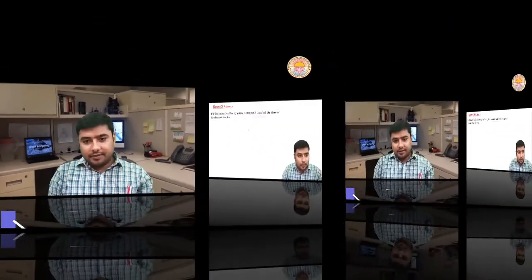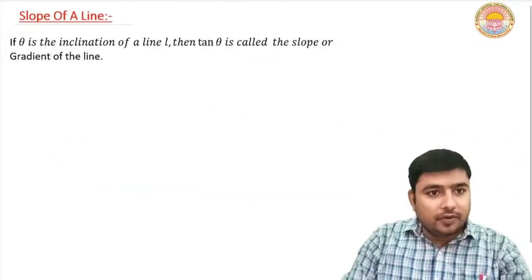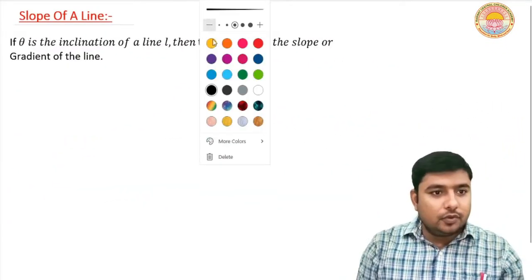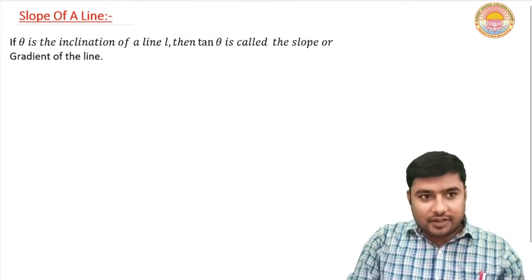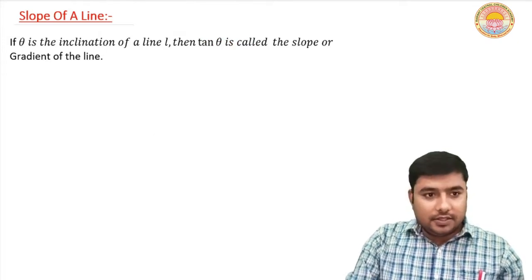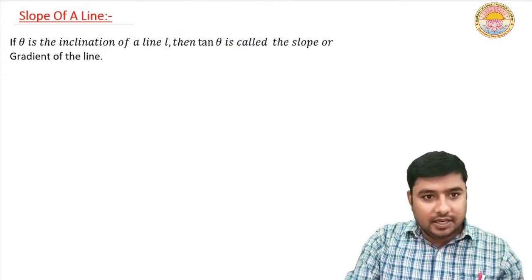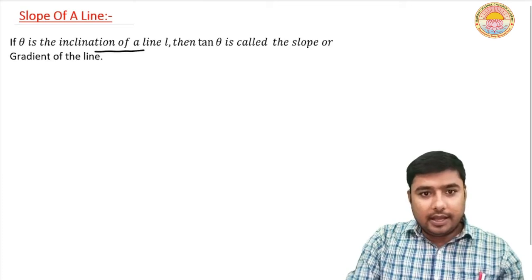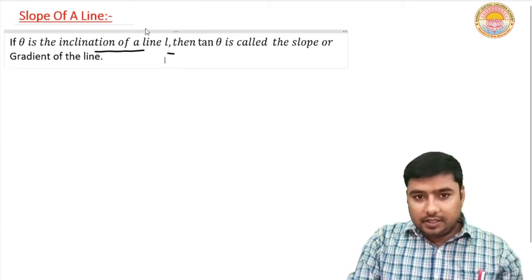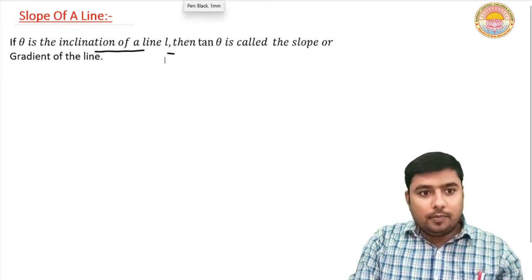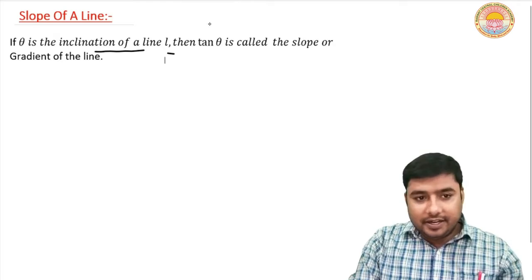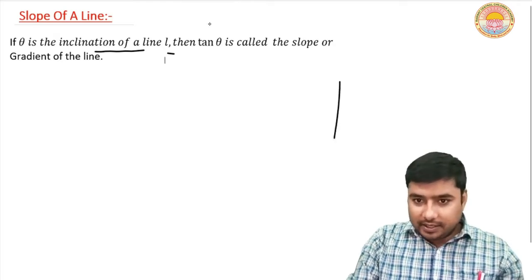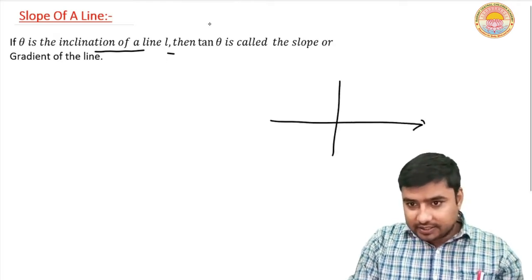Let's start. Topic is the slope of a line. What is slope of a line? If theta is the inclination of a line L, then tan theta is called the slope of a line or gradient of a line. Means that this is x-axis,